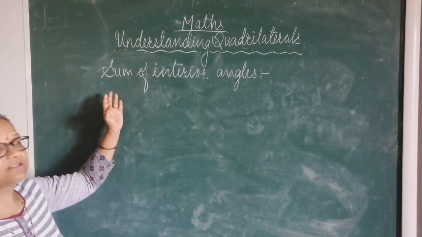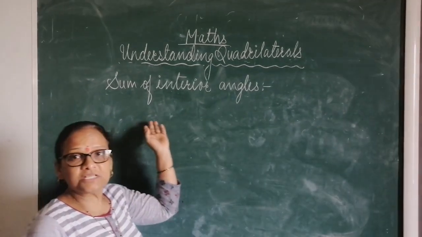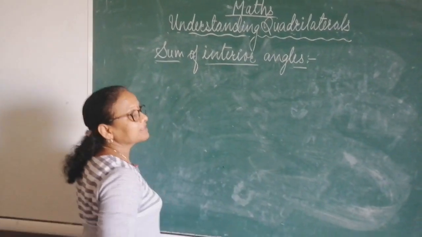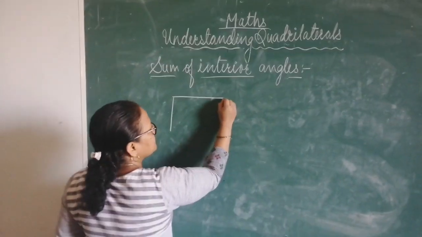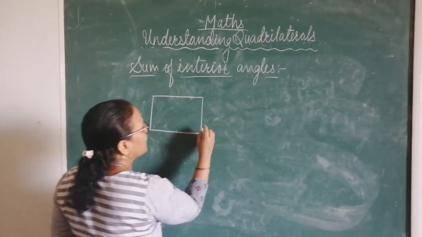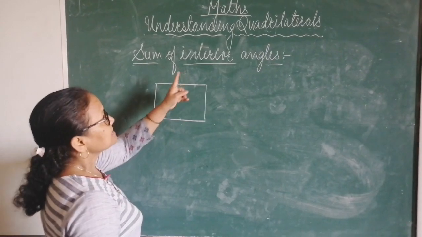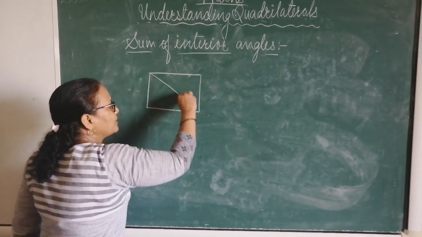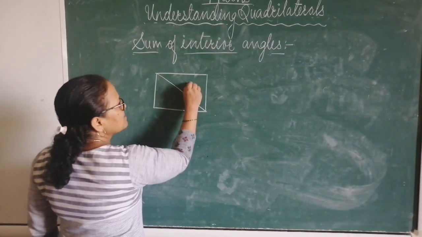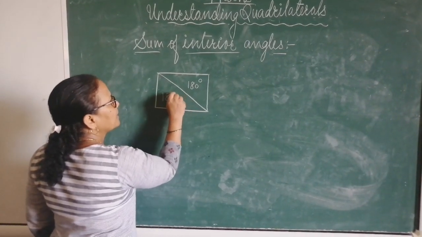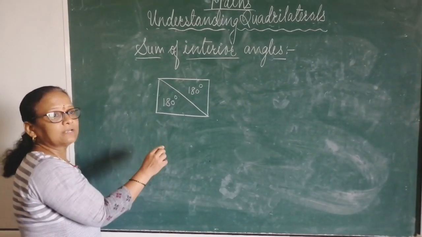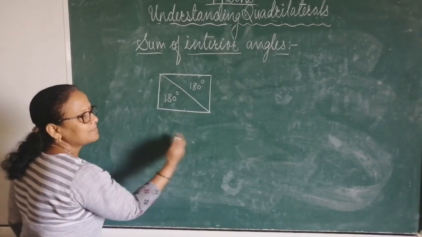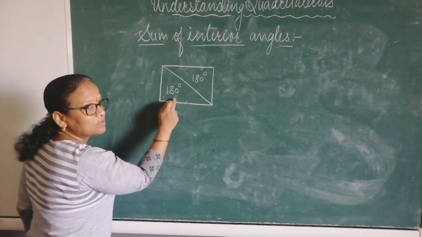Now we will start with the sum of the interior angles. I have already discussed this topic with you. We start from the easy one, the quadrilateral. In a quadrilateral, there are four sides. As I told you, you have to divide this figure into two triangles. That means this is 180 and this is 180. This was already discussed, but I want to make a formula on the basis of this, so I am explaining the same topic again. Now in a rectangle, there are two triangles.